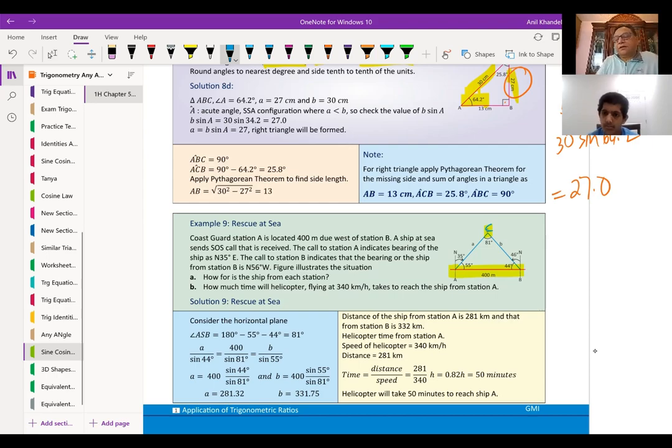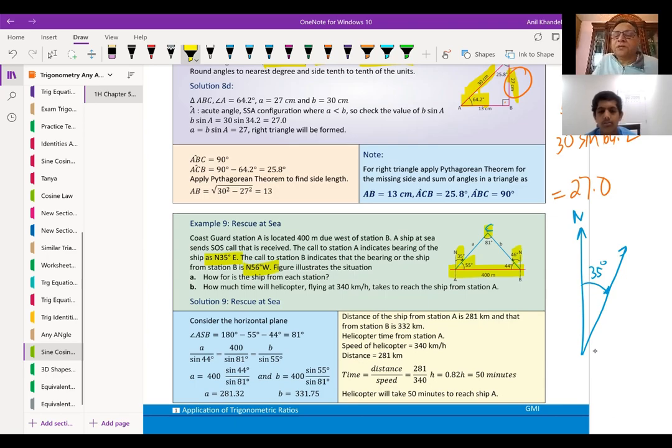Right. So we have a rescue ship at this particular point as shown. So you need to understand this angle, right? You see, the call to Station A indicates the bearing of the ship as north 35 degrees east. So north 35 degrees east means this is your north, right? So if you take a reference frame from here, 35 degrees east. So that is what is shown here. Do you see that? Similarly, the other angle from point B, which is on the east, 46 degrees west. You see that? So those angles give you the base angles